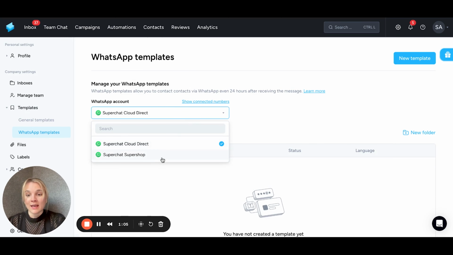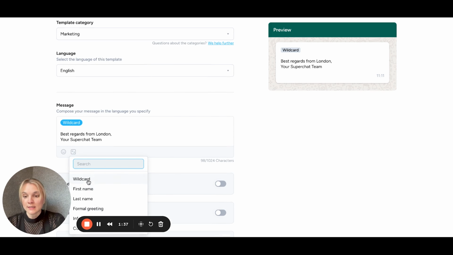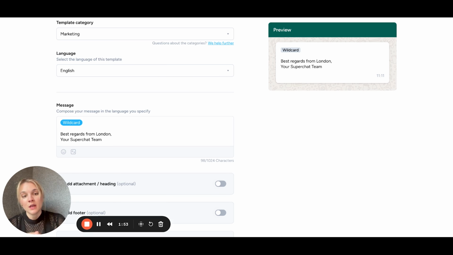And I think you already get an idea here in the preview, because you have this blue box, the wildcard element, which is also listed here. And this enables you to write whatever you want, basically, when you choose this template. And then in this case specifically, you would still have the greetings that are always pre-written there already. So you would have the wildcard, which is nothing else than just a placeholder, and then the best regards from London, which will always be there and will be sent with the message.